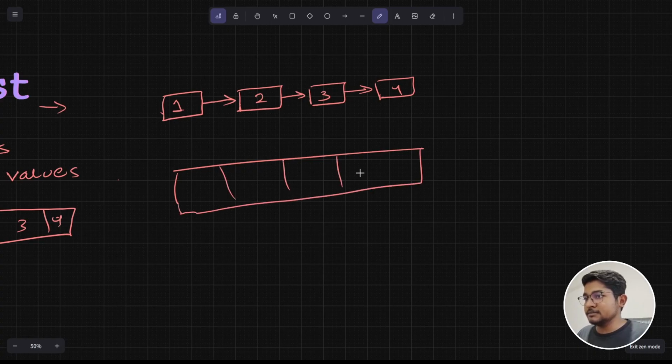If I ask you to put 5 in between 1, 2, 3, 4 and, let's say, 7, then 5 will come over here. So what are you going to do? You're going to shift this, like for example,